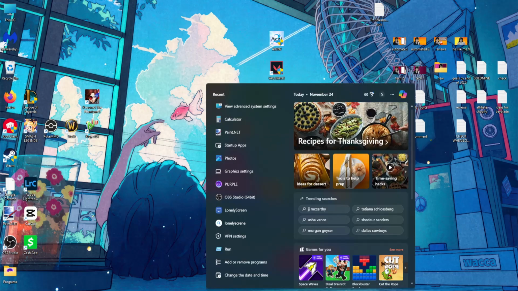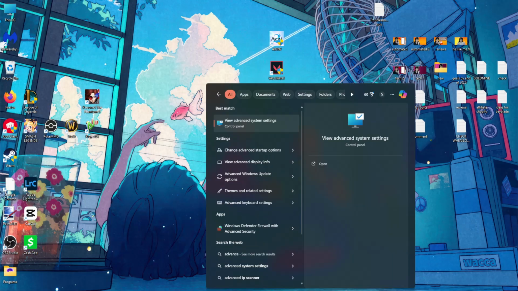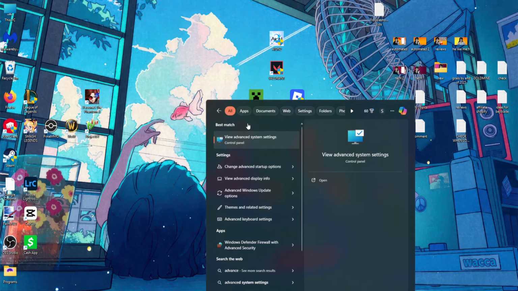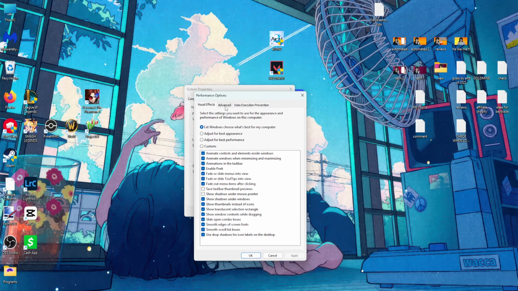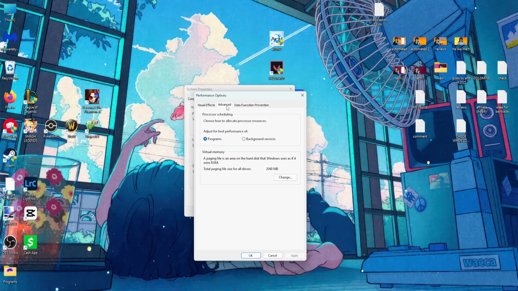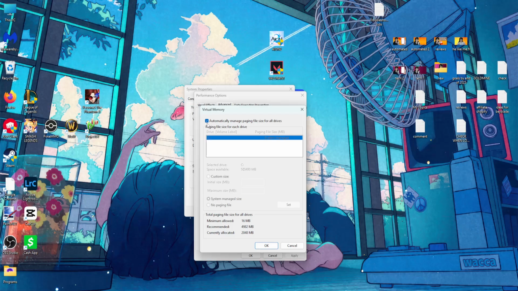For the first one, open up your computer search and search for advanced system settings and click on this option. Now right here you will click on performance, visual effects, settings. Then again you will go into the advanced section, and right here where it says virtual memory you want to select change. Now uncheck automatically manage paging file sizes for all drives, and select custom size here,